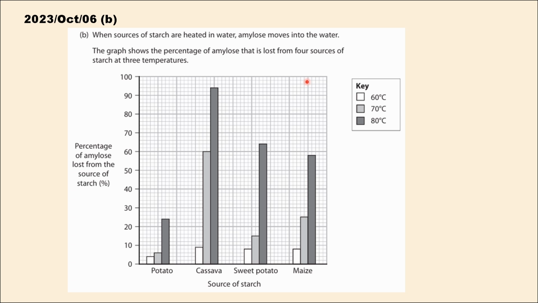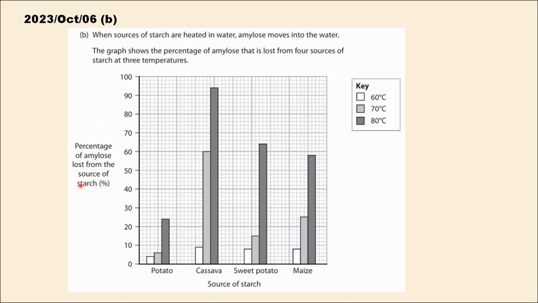So the graph shows the percentage of amylose lost from 4 starch sources at 3 different temperatures. By analyzing the graph, you need to answer the questions below. First, let's examine the graph. On the x-axis, you have the source of starch, and on the y-axis, you have the percentage of amylose lost